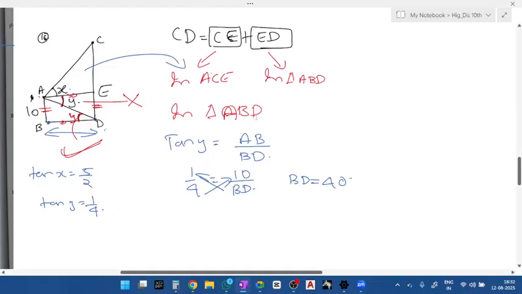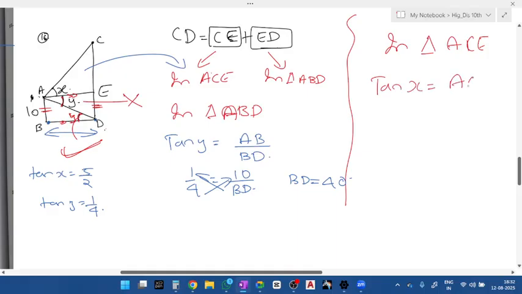So I've taken triangle ABD. Now take triangle AEC. 80% of trigonometry questions are like this. You'll have two triangles, solve both, substitute, and find the answer. In triangle ACE, tan X is equal to